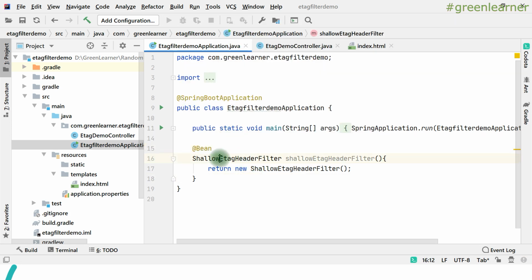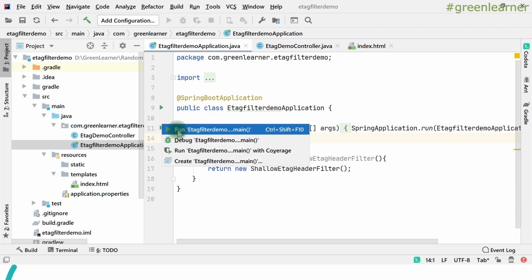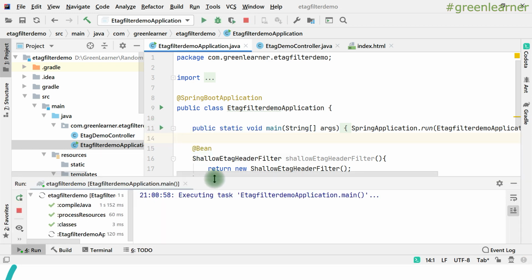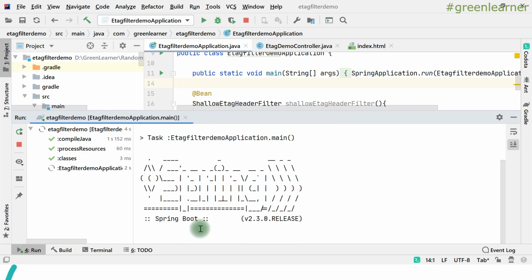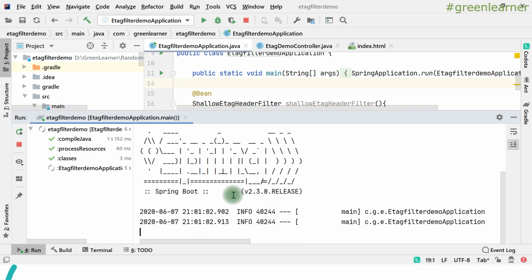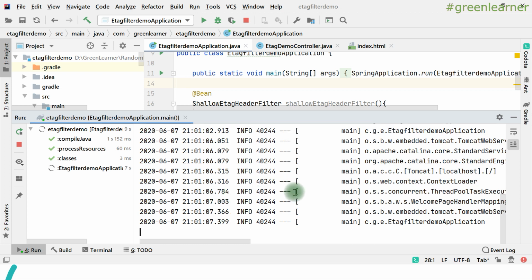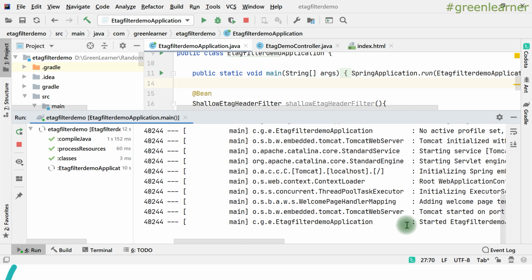So when the Spring Boot application context detects that I have the instance of ShallowEtagHeaderFilter here, it is going to take care of the ETag functionality automatically that we have just discussed, like adding the hash code, comparing that hash code, and all those things, right? So for the sample application, we are done here. If I start the application right here, let's wait for the application to start. It is going to pick the default port, that is 8080, and start up. So the application is ready for us on port 8080.